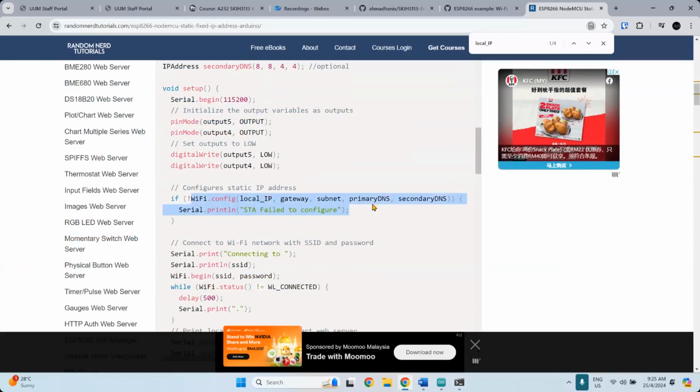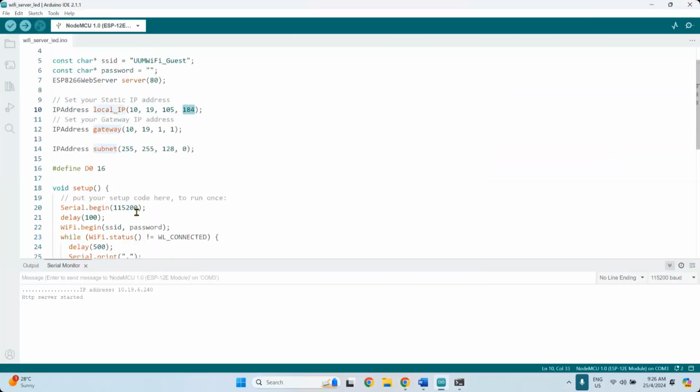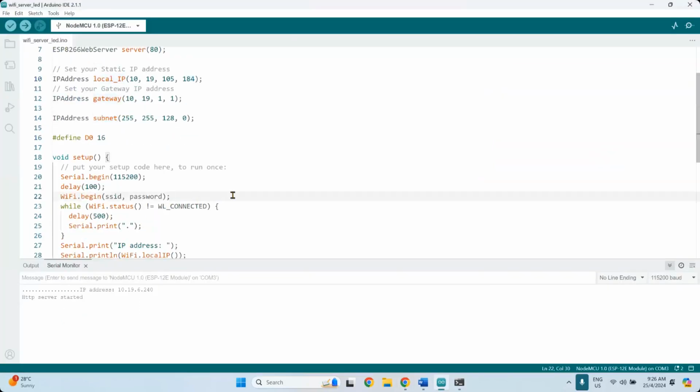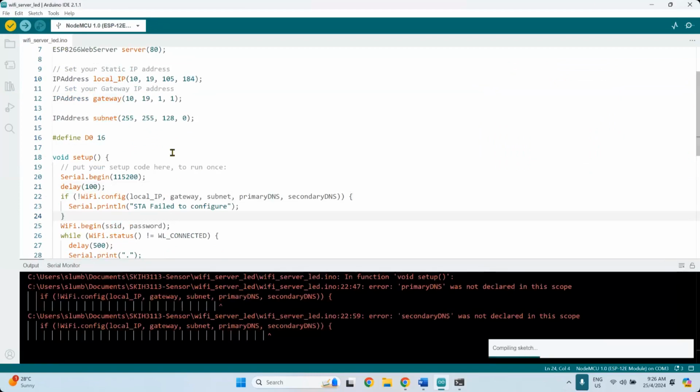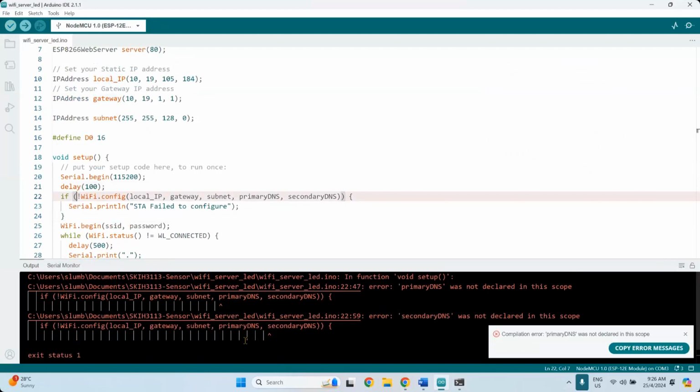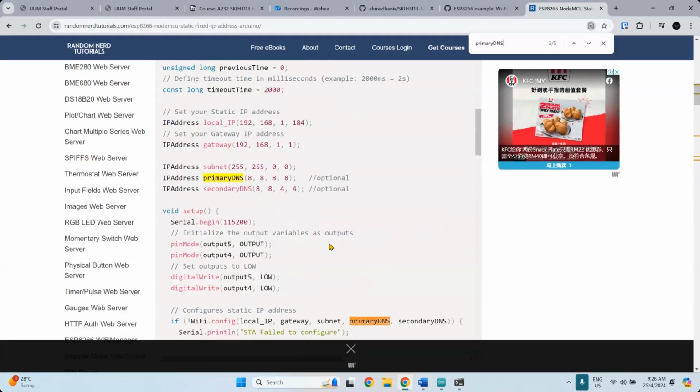So if I want to configure, this is the config that I need to provide. Okay, first, that's the configuration before I can communicate. So that's the IP address. Let's try to compile them. No. Primary address not declared. So I missed one more item, the primary DNS, this one. It's really optional. Maybe it should be optional.